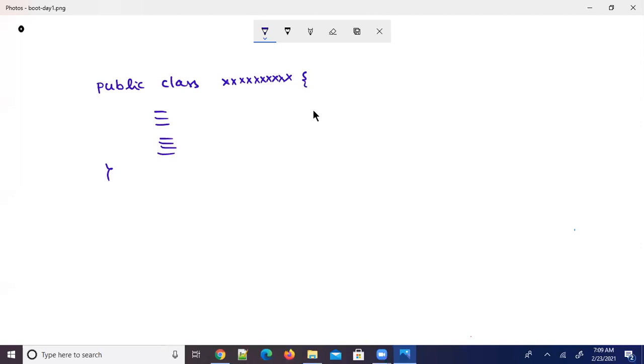By looking at this class, if somebody wants to know whether this class has any business logic or presentation logic, I mean a presentation layer logic, a service layer logic, or a data access layer, persistence layer, or repository layer logic, they can't find anything directly by looking at the class header.